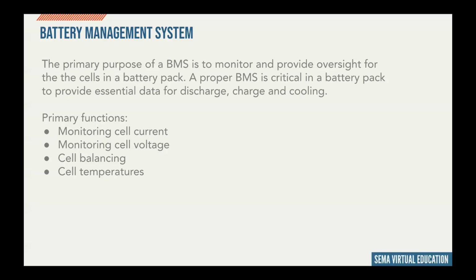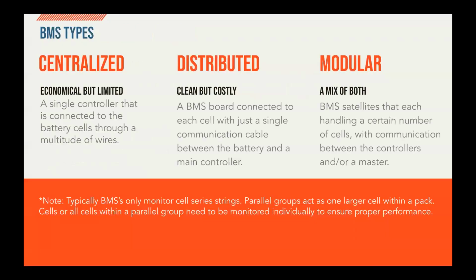And then it monitors cell temperatures so that it provides live feedback to the overall system to tell if the cells are working too hard, or they're too high in temperature or too low in temperature for charging in cold weather applications. So ultimately, the BMS provides really important information to the whole system to provide thermal conditioning and safe charge and discharge of the cells. So the three different types of BMSs that exist are